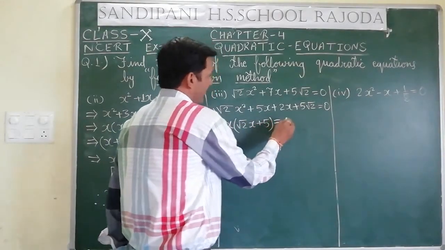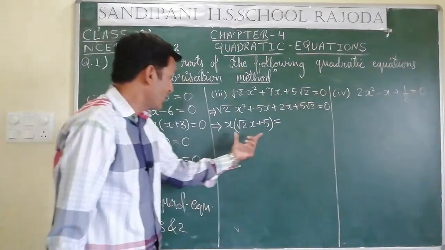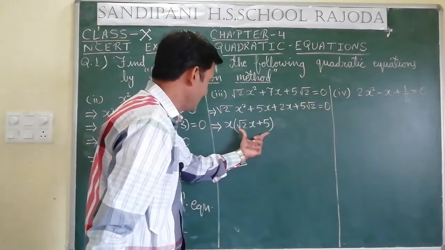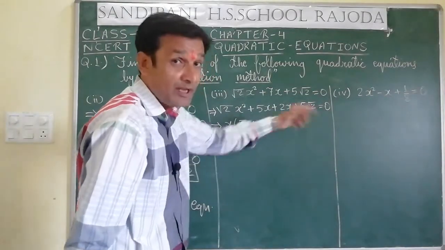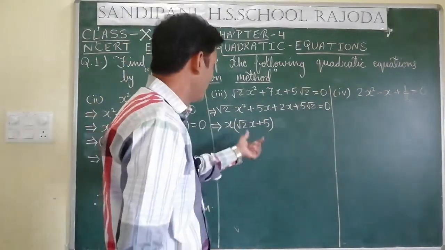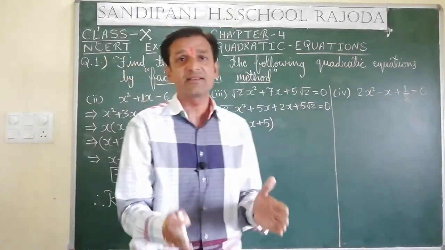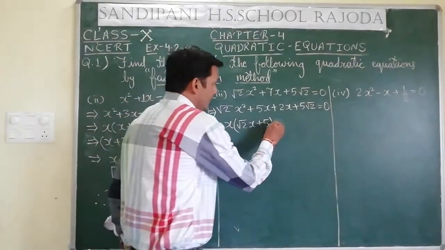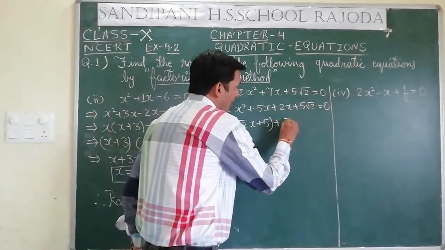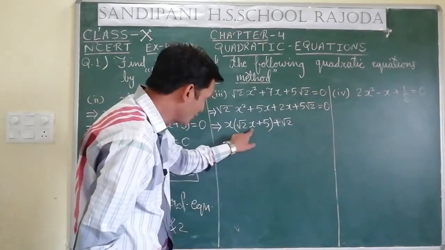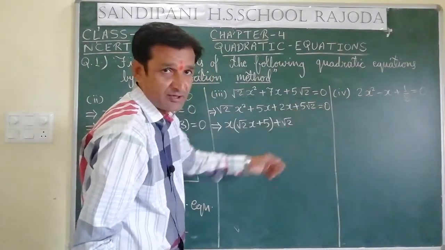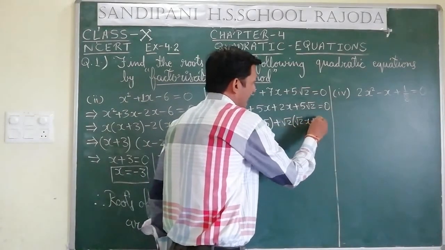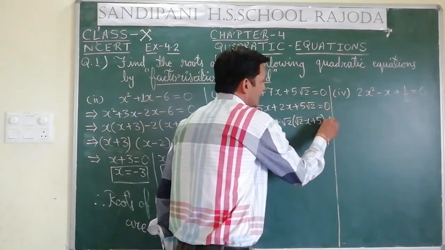See, one more thing I want to tell you, that the quantity which is expressed in bracket should repeat next time again. If it is not repeating, it means you have made some mistake there. So you should be aware of this also. Now, if we take root 2 common from here, then it is possible that root 2x plus 5 will be the remaining terms, and that is needed. So it will be root 2x plus 5 is equal to 0.